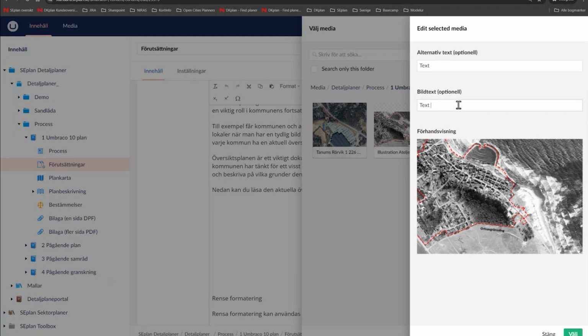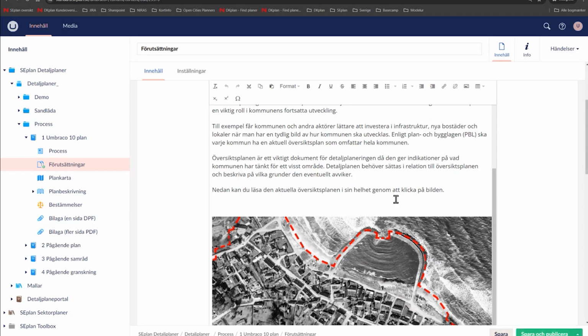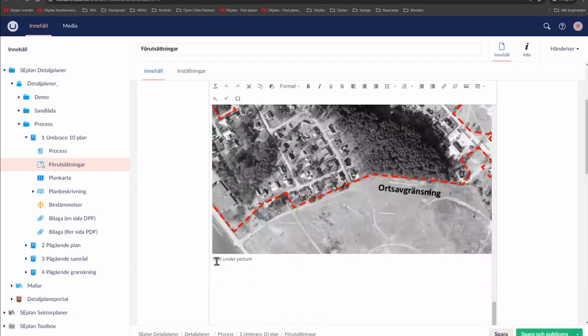So I'll just be doing this here. So when we insert it here, you will see that it automatically now places the text underneath the picture here. This is also an improvement due to the web appliance that we have. This is a much better way to incorporate it in the picture, and it follows the picture, whereas before it